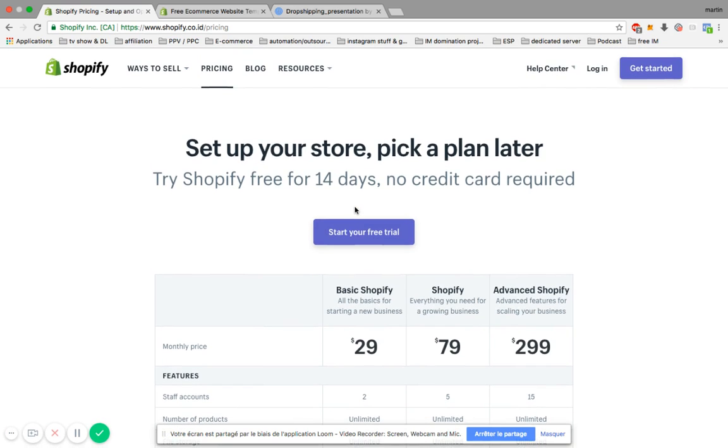This tool, for me, is the easiest to use, which is what I'm looking for. I could do that with WordPress, for example, but it means that I need my own dedicated server, because if you're running a lot of traffic, then you want the server to be fast, right?